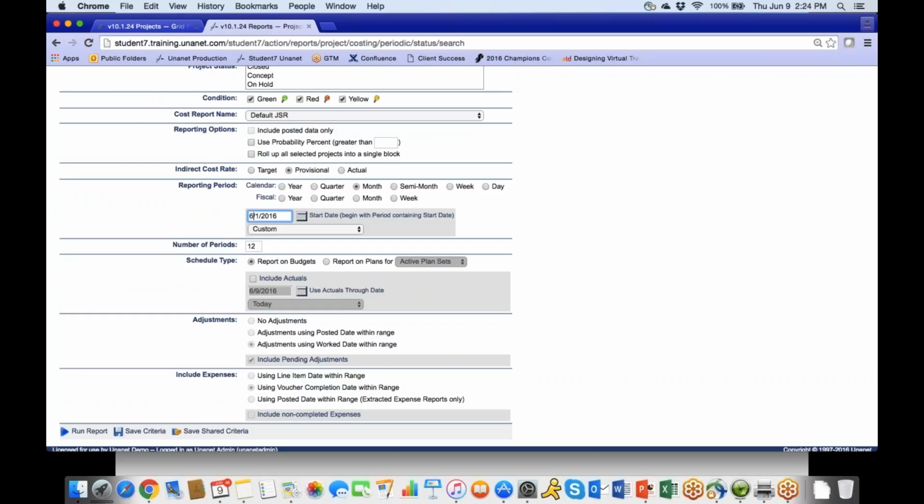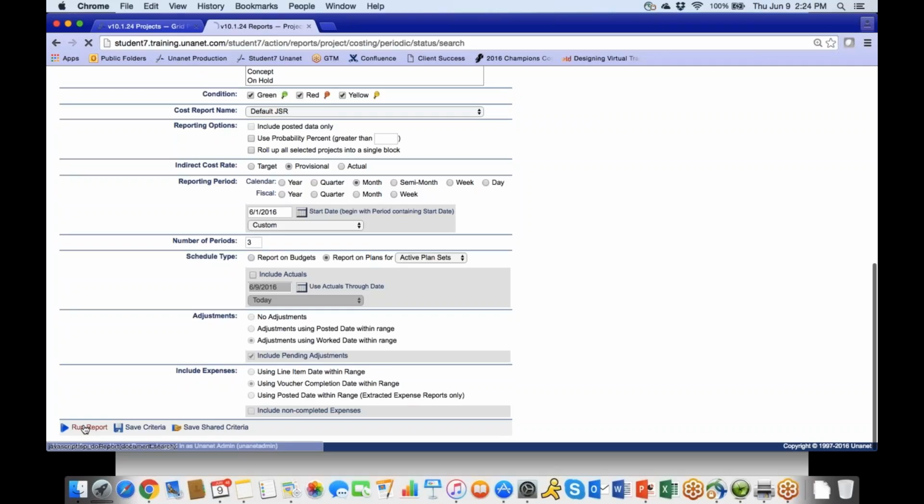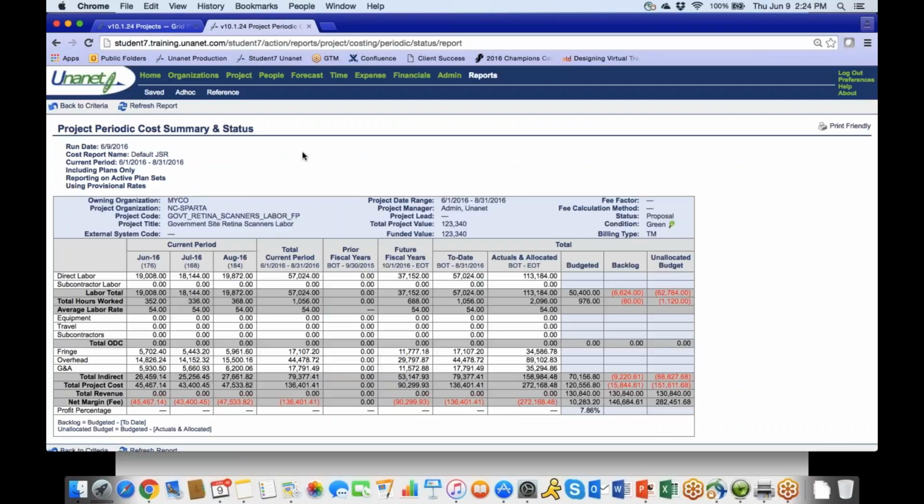I created a budget. Remember the bubbles that I was showing, plan versus budget versus actual here. So let's look at plans, and I'm going to do quarter, and I think I've got three quarters' worth of data here. Let's run that one to show the plan. This is the one that shows the labor and then any expenses. I haven't planned any expenses yet, but I have the ability to plan and budget expenses,